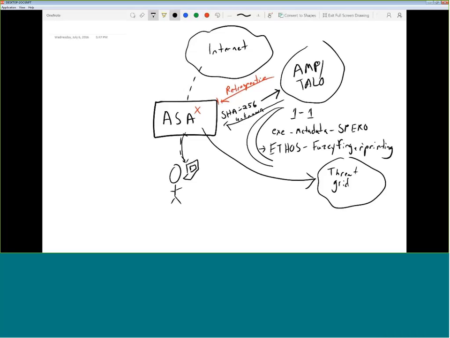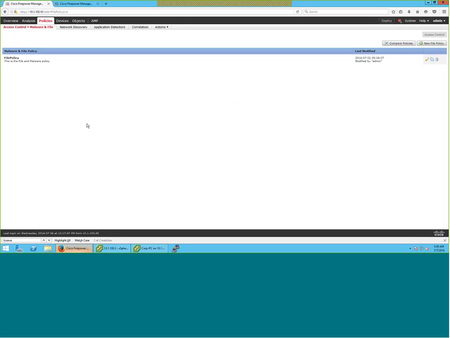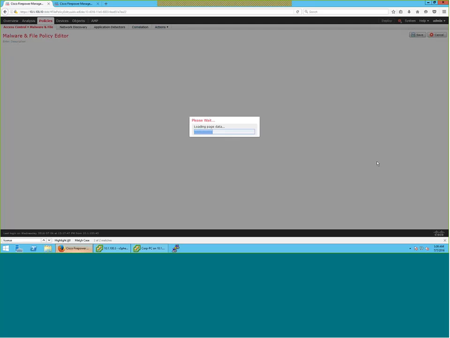You can get very granular in your file and malware policy, saying that you only sandbox certain kinds of files, because why would you want to sandbox something like a JPEG? JPEGs can vary wildly, and you're probably never going to match those one-to-one anyway. So to define the malware and file policy, you go to Policies, Access Control, Malware and File. So in my current policy right now, I have,